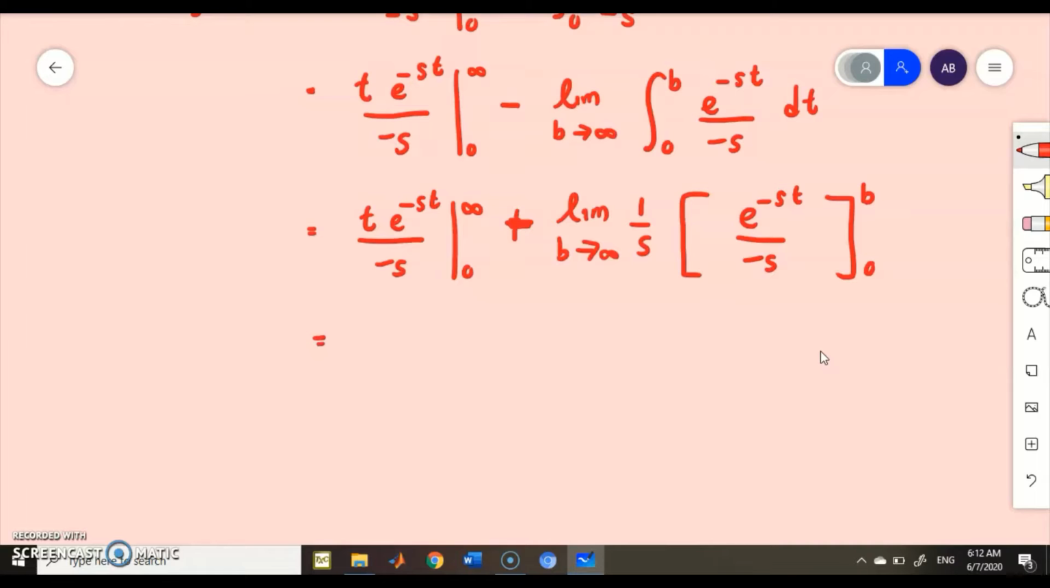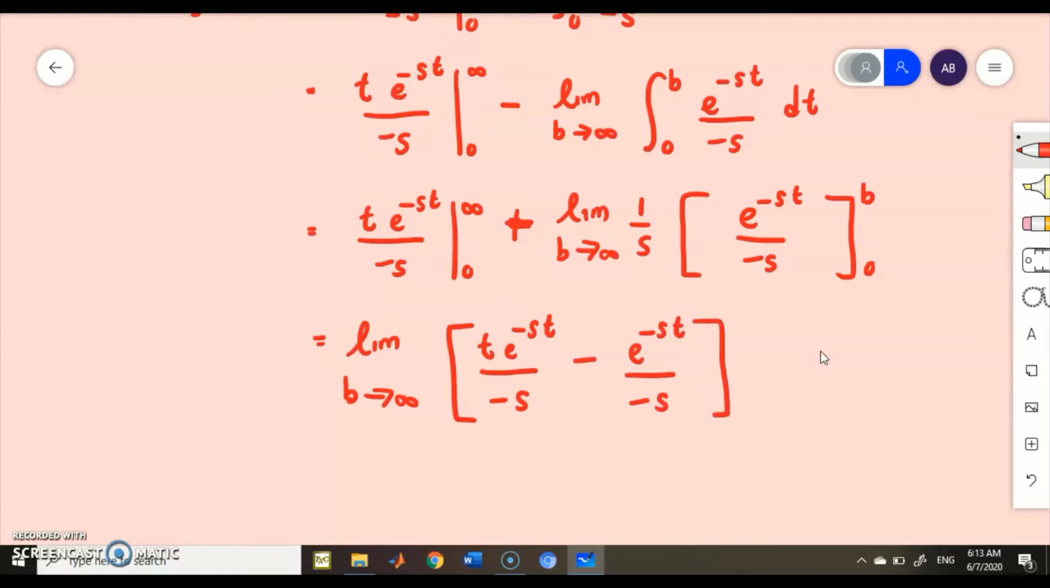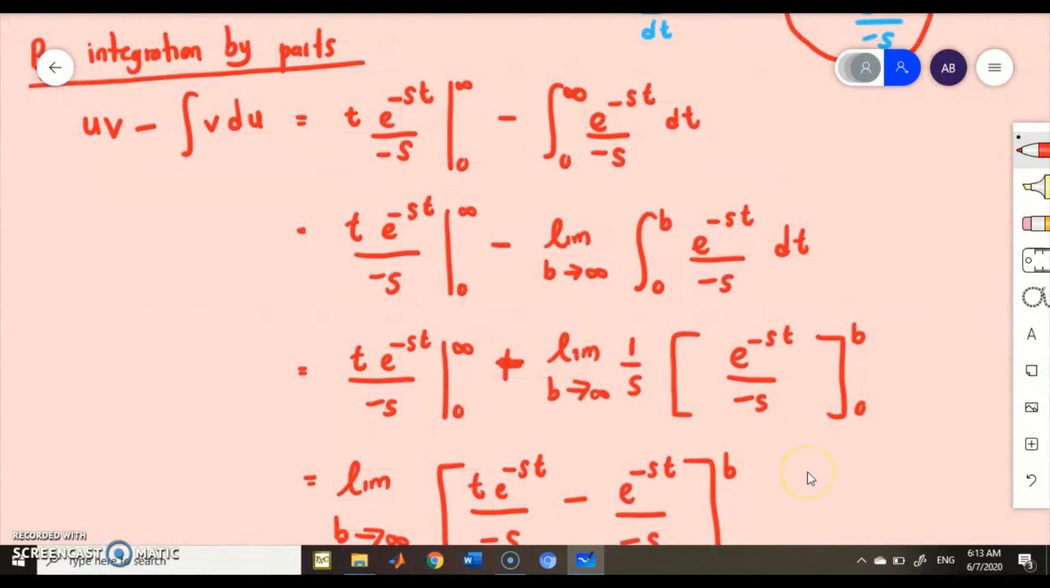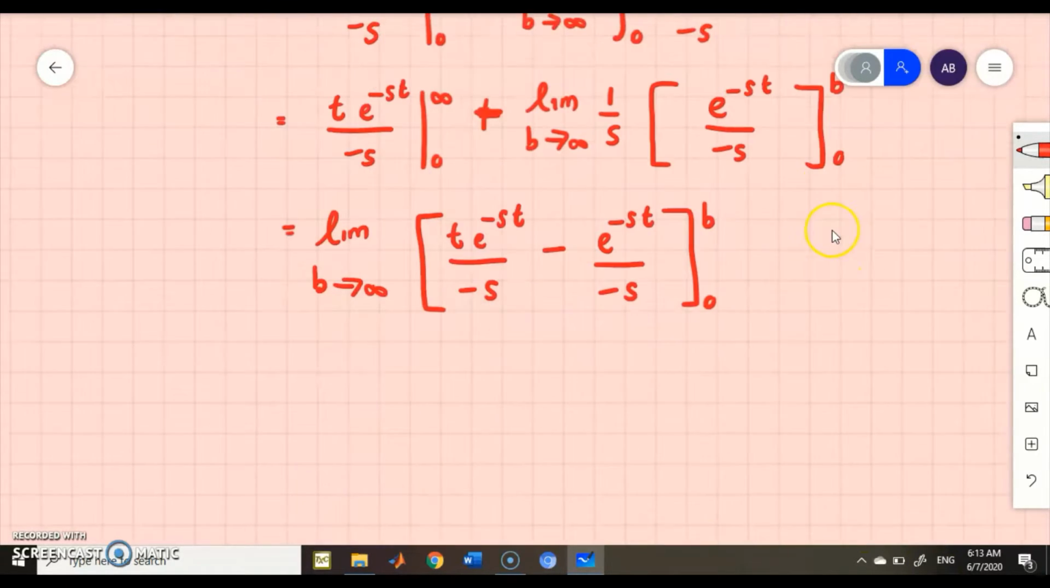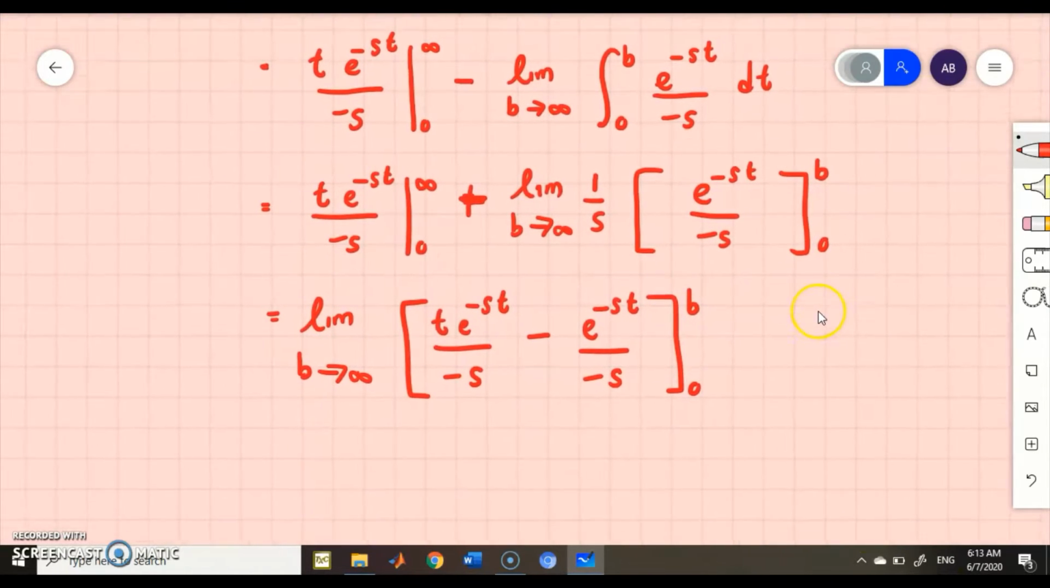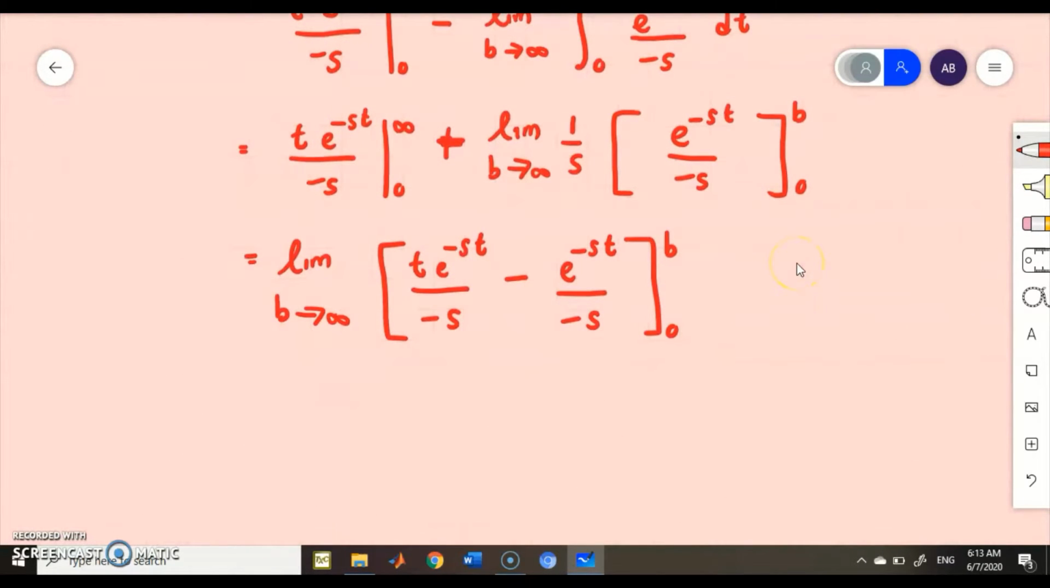Okay, this is from 0 to infinity, right? But we have to apply the limit b approach infinity for t exponent negative st over negative s. Negative, bring it to the front, will be negative exponent st over negative s, 0 to b. Okay, if you're a bit confused, you can actually not apply this limit here. Just leave it in uv, and then at the end you combine them and apply the limit from 0 to b. But just don't get confused with this notation. Okay, now taking the limit,